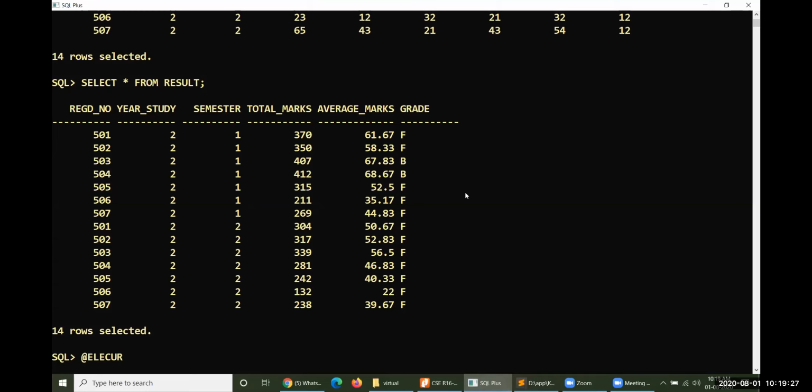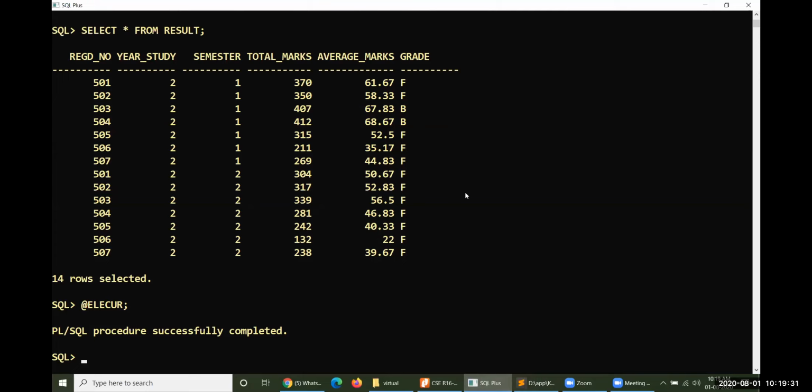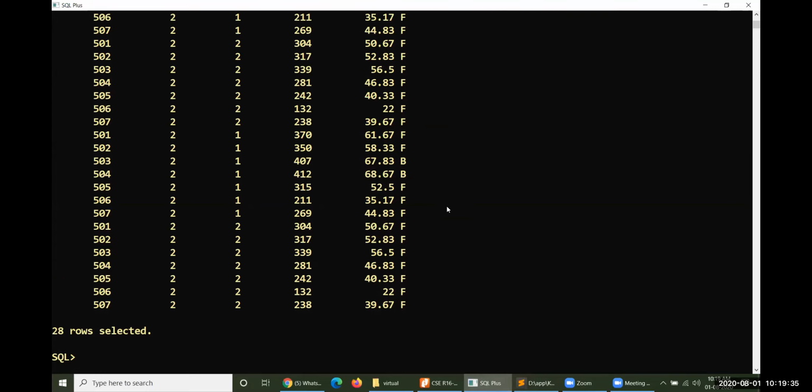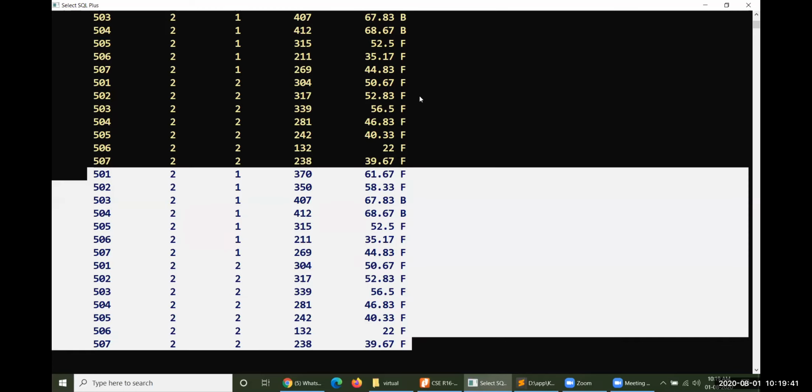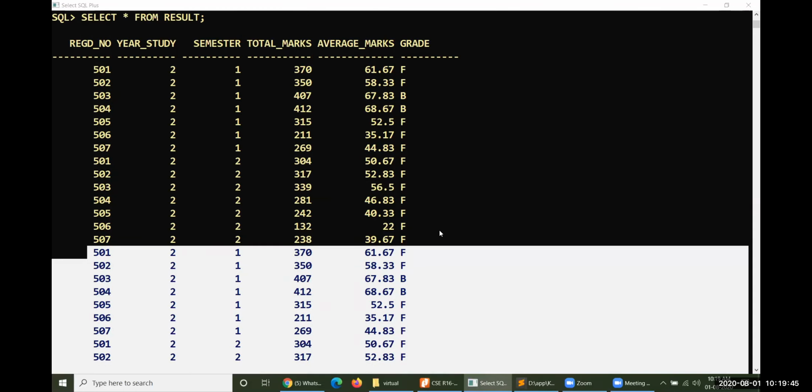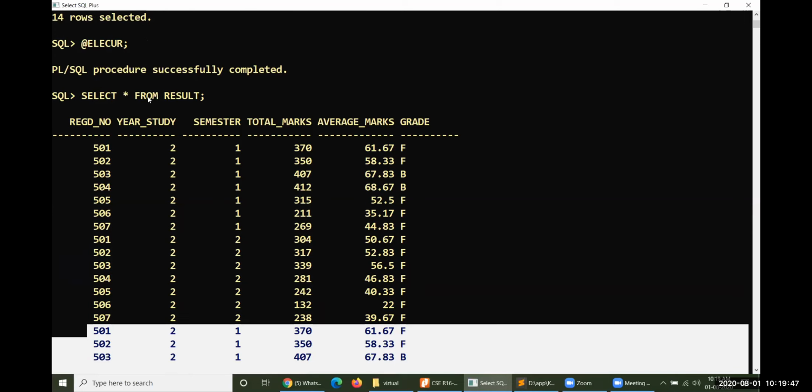ELECUR. If you run the same cursor one more time, the procedure is successfully completed, and one more set of results will be taken into consideration. That is the problem with the cursor. For once it is run, there is no problem at all.